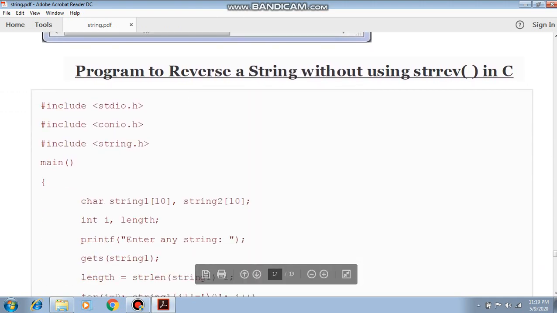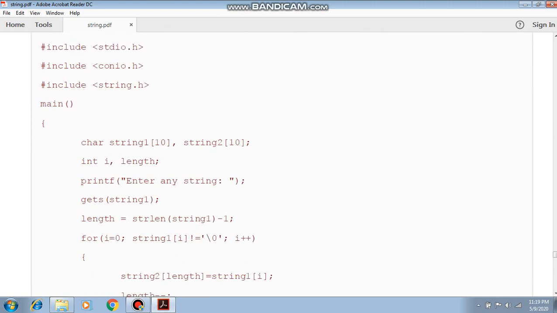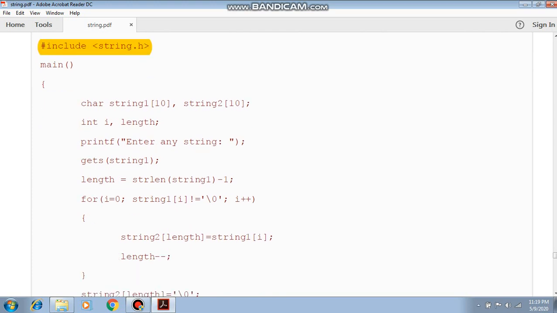Now without using the string reverse function, this line is not required. When we reverse the string, we need another blank string to store the reversed value. That's why we took two strings, string 1 and string 2.